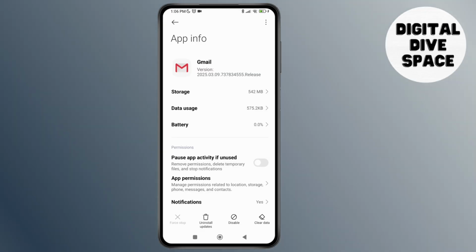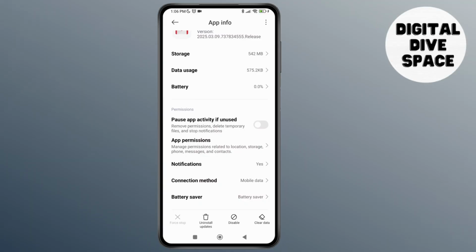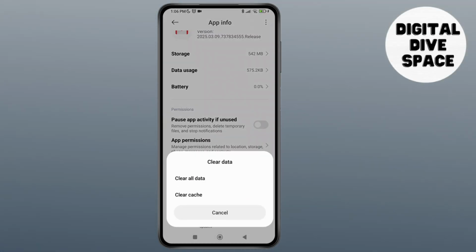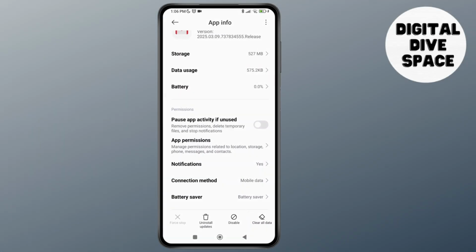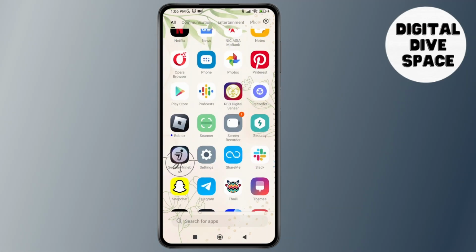Next, what you can do is make sure you have enough data. So tap on the Clear data option at the bottom right corner and then clear the cache, then tap on OK. And then you can lastly check on the Play Store just to make sure you have an updated version